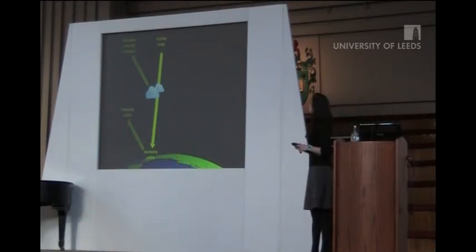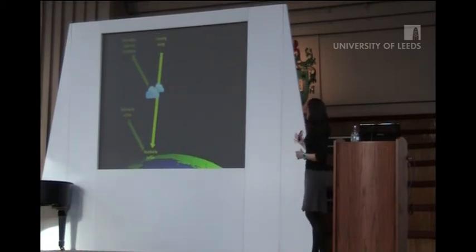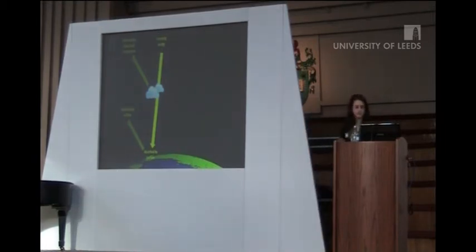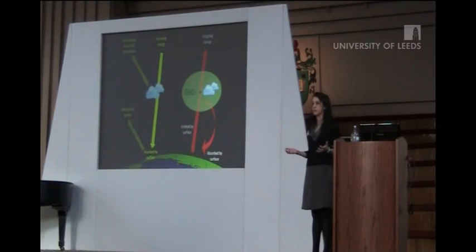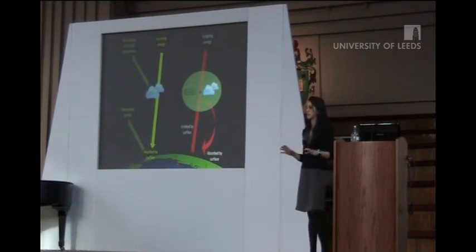So the Earth receives a certain amount of energy that comes to us from the sun. Some of it's reflected away by clouds and particles in the atmosphere, and the rest of it's absorbed by the surface. That radiation, that energy, is then re-emitted into the atmosphere in a slightly different form, and the naturally occurring greenhouse gases that we have in the atmosphere trap a portion of that energy to keep it within the climate system, and that maintains a habitable temperature on the Earth.